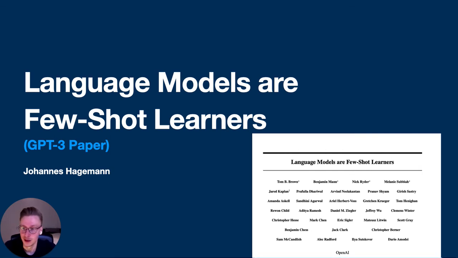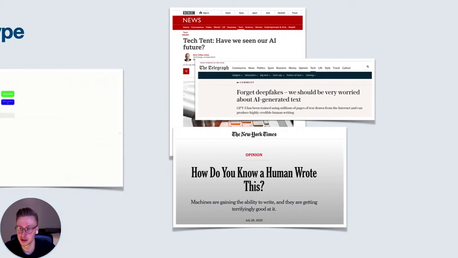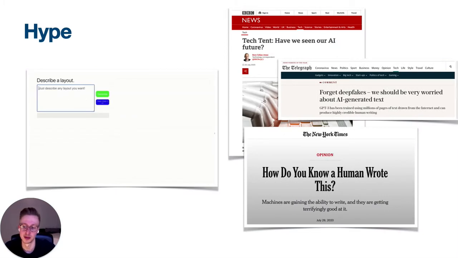So yeah, welcome to the presentation of the GPT-3 paper called Language Models Are Few-Shot Learners. It's quite a long paper actually. It has 75 pages, but also it's a super interesting one with all the hype that was created around it last year. As probably a lot of you know, the model became quite famous in the summer of 2020 for performing various NLP tasks like text summarization, question answering, but also stuff like code generation without any supervised learning that was necessary. So let's kick it off maybe with the hype that was created around this to get us all motivated to learn more about the paper.